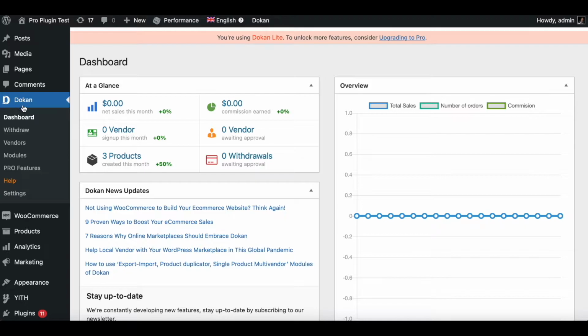So I have installed the plugin in our website. What a multi-vendor plugin like this allows you to do is essentially allow different vendors to sell under one website. So as you can see here in the dashboard, you can see all the different vendors you have, the sales that you have earned, and also the commission that you might have earned. You also have graphs like this here to give you more information.